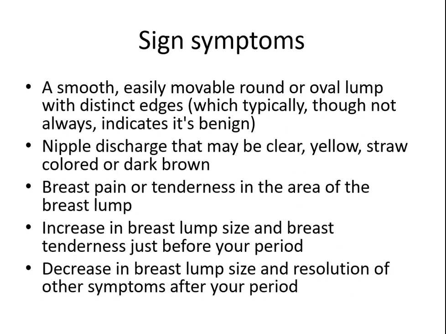Next, the signs and symptoms of the breast cyst. A smooth, easily movable, round or oval lump with distinct edges. Okay? So this will be identified with the breast examination either by oneself or by the doctors. It will be smooth and easily movable. The shape will be round or oval. A small lump-like structure with distinct edges can be felt, which typically, though not always, indicates it's